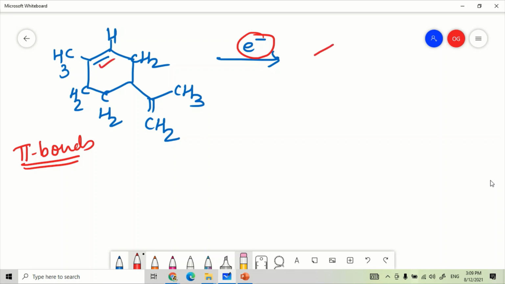So if that is happening, see, each bond is made up of 2 electrons, right? If I draw this structure in this way, everything else is at its place, and say this bond is made up of these 2 electrons, and let us assume that this electron is gone. Then there is a deficiency of 1 electron, which I am showing by this charge, and this electron is retained and this electron is gone. So the deficiency I have shown by the charge.